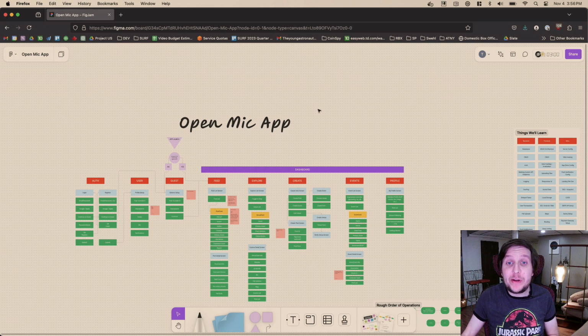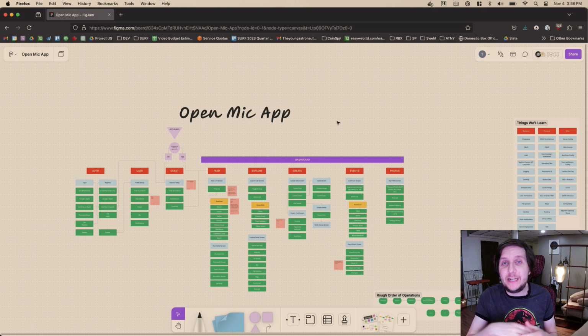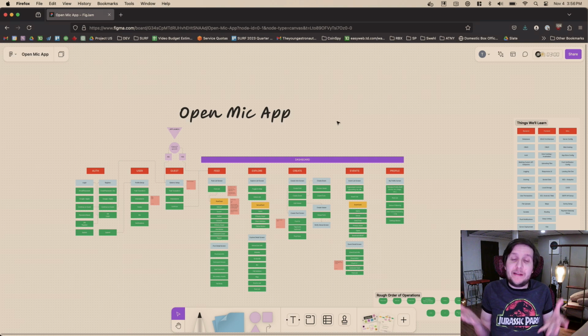Basically, it's a very typical social media app, hence why I picked this, something that I think a lot of people can pull value from. But it's specifically meant, in my use case, to aggregate and have a community for people that go to open mic events. So that's people that play guitar and sing. It could be people that do poetry. There's comedy open mics, and sometimes there's open mics, I guess we would call it, which you can kind of do whatever you want.